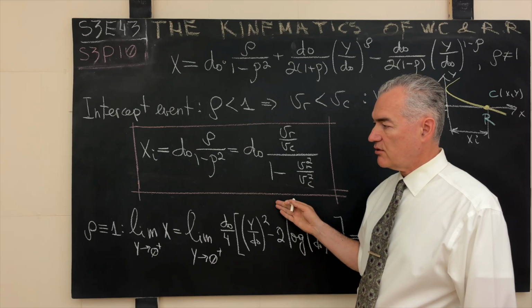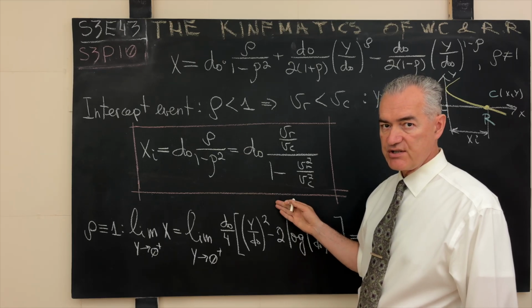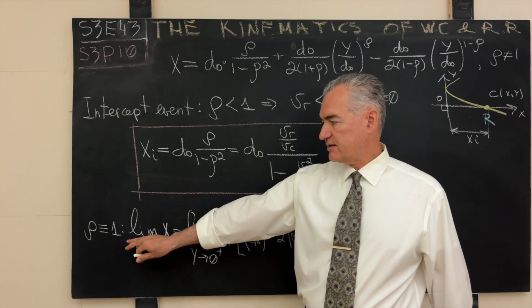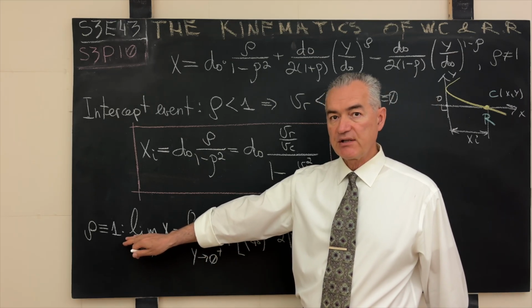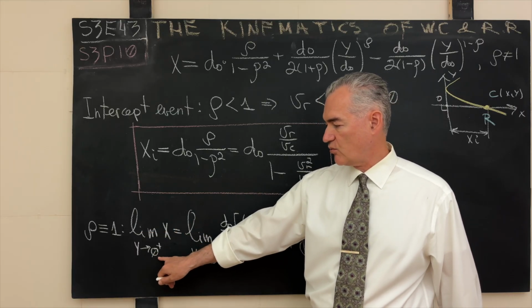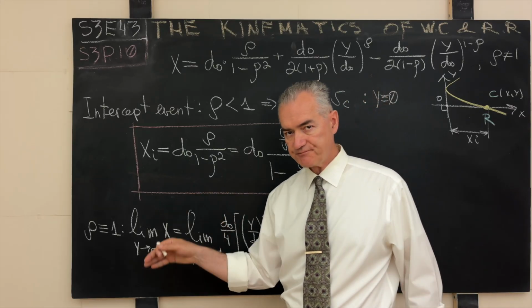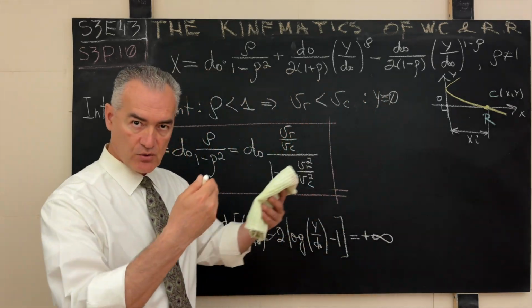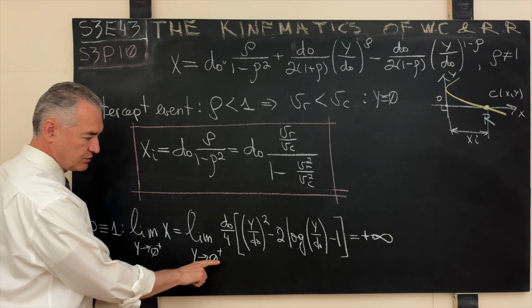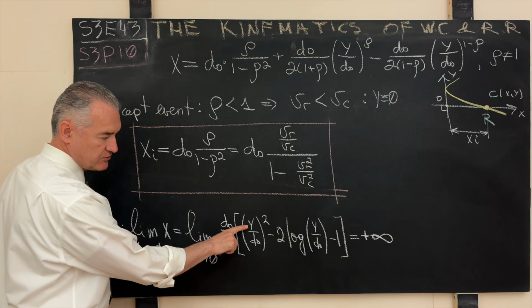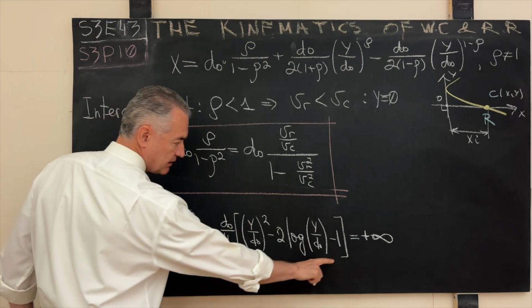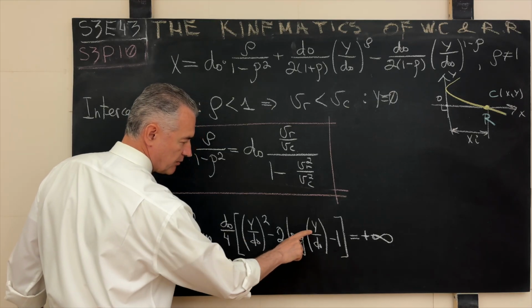Now, when the ratio of the velocities of the runner and the chaser is precisely 1, then we can show that the intercept can never happen, because we compute the limit of our coordinate x when y tends to 0 from the right. And in this case, we take our second expression shown over here when y tends to 0. Look at this. This is a constant. Y raised to the second power, when it tends to 0, it vanishes. Here is a constant, but look at this, what happens over here.